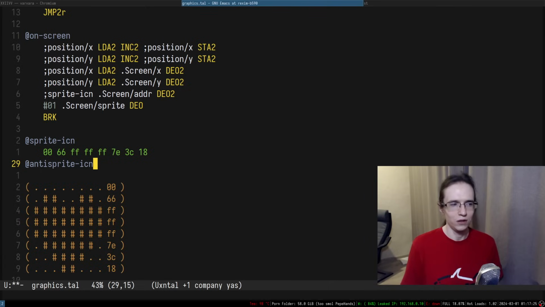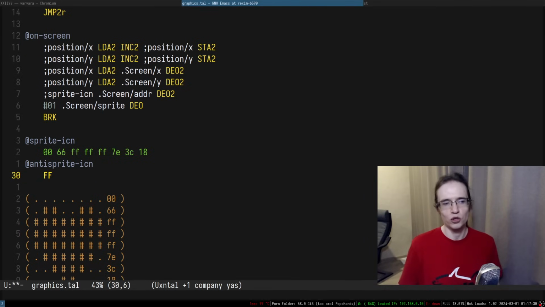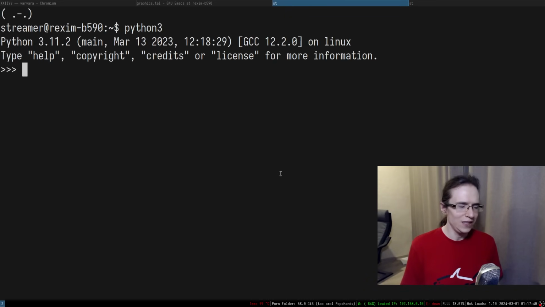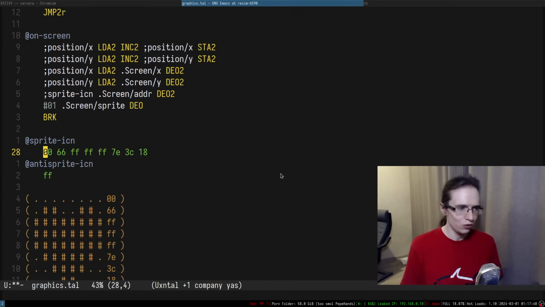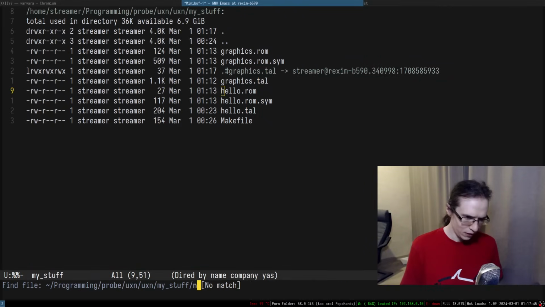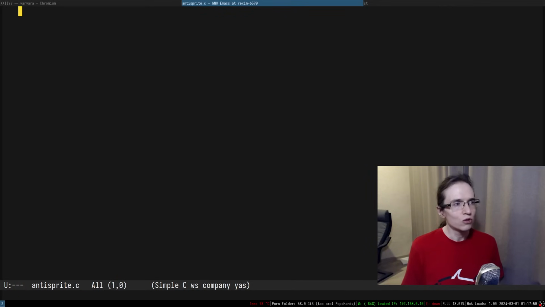So we have an anti-sprite. That means this one is going to be FF. So it's basically an inversion of those things, right? In Python, it's probably easy to do inversion, but maybe it's going to be easier to do in C. Honestly, maybe it's going to be easier to do in C. Anti-sprite. Right. So.